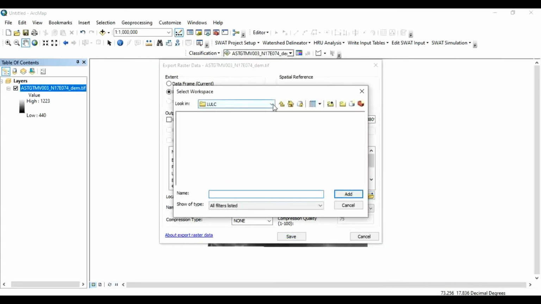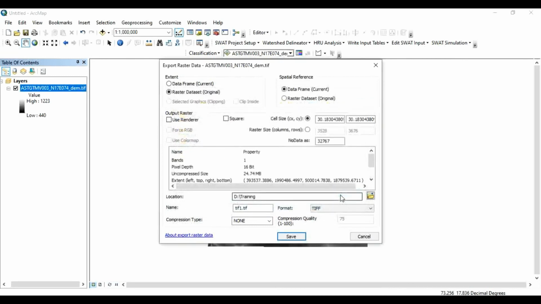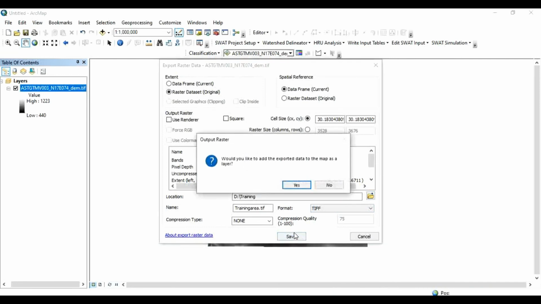click on it and give here a name for your area. By default TIF format is there, otherwise select TIFF format from here and save it.